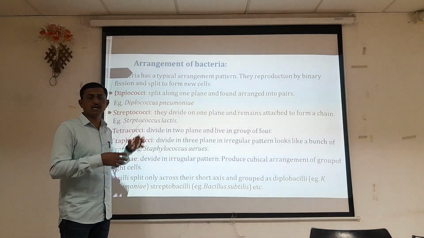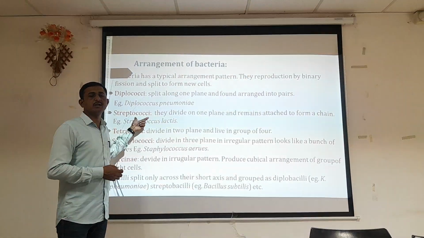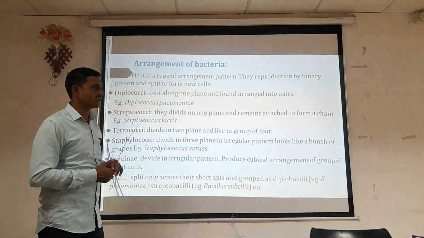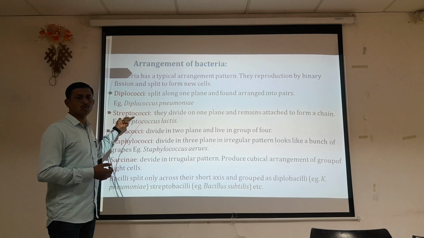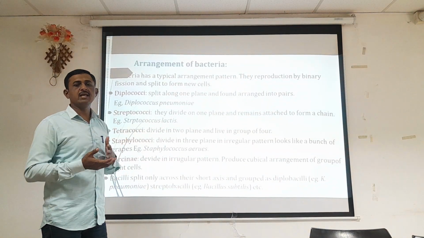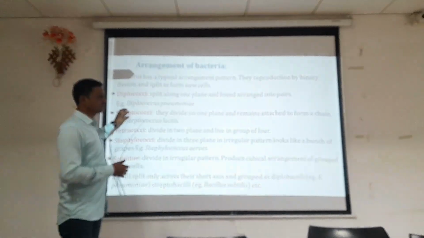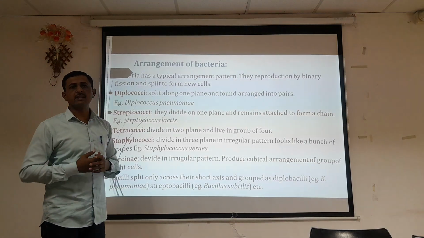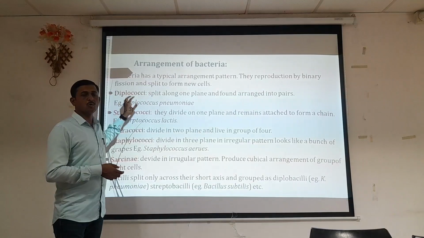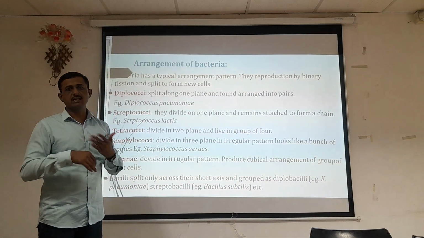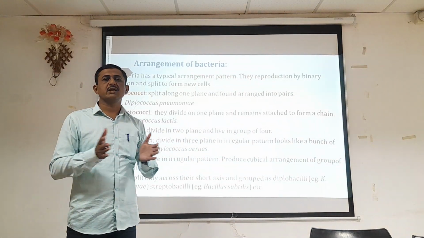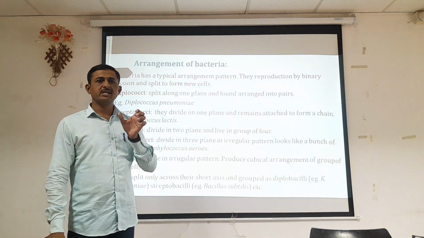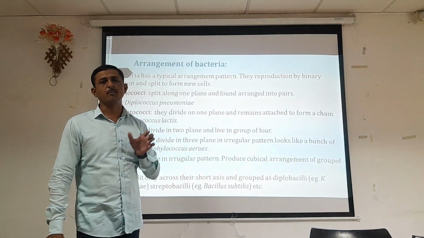They are cocci but arranged in a chain. That's why they are called streptococci. And this is an example of the streptococcus group of organisms. On the basis of streptococcus or chain-like arrangement, they are grouped into streptococci. Diplococci, because the arrangement is like two cocci arranged in one group, so they are diplococci. So depending upon their size and arrangement of cells, they are categorized with one another, as that arrangement is a typical characteristic feature of their group of organisms.